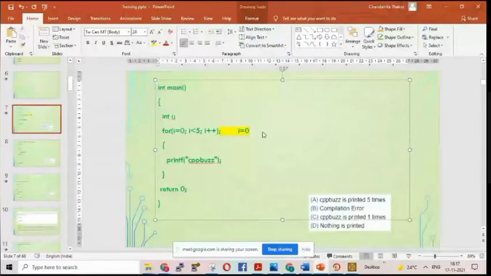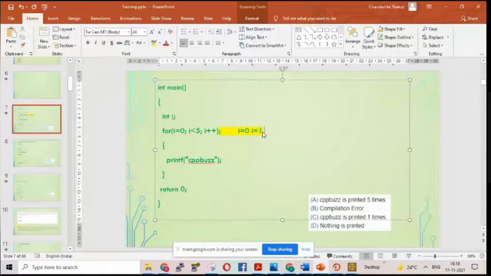So what will happen in the for loop? I value will become 1. Even though 2 is lesser than 5, because of the semicolon, the work of the for loop, like changing the I value and checking, everything will be done. But control cannot go to the next line because there is a semicolon. So first iteration, I equals 0. When it was about to enter the next line, it cannot. So the next iteration will start.